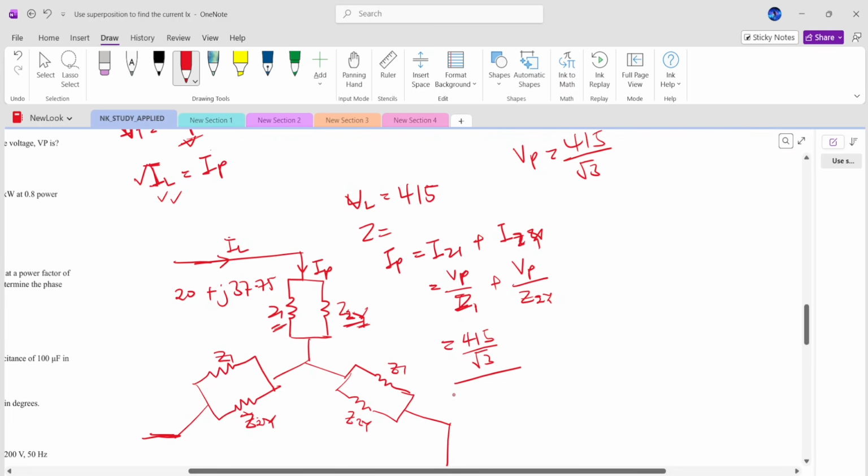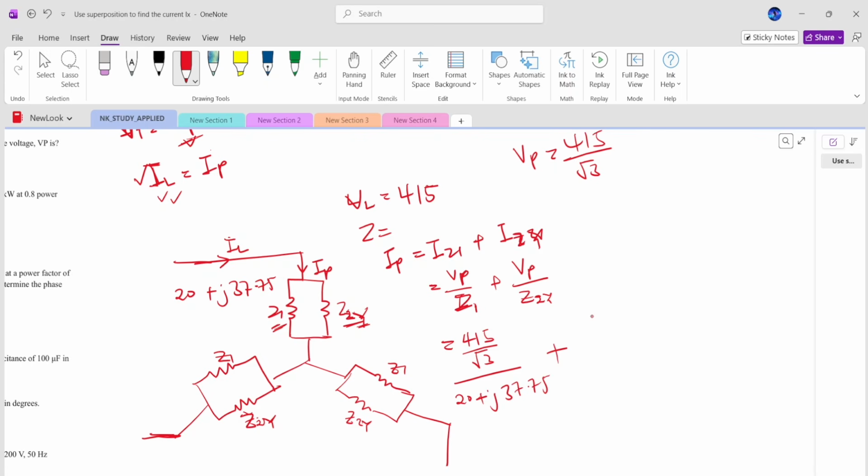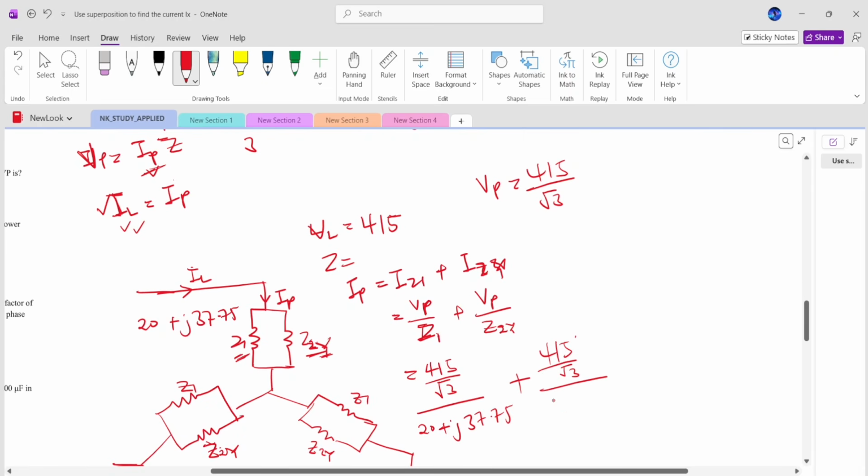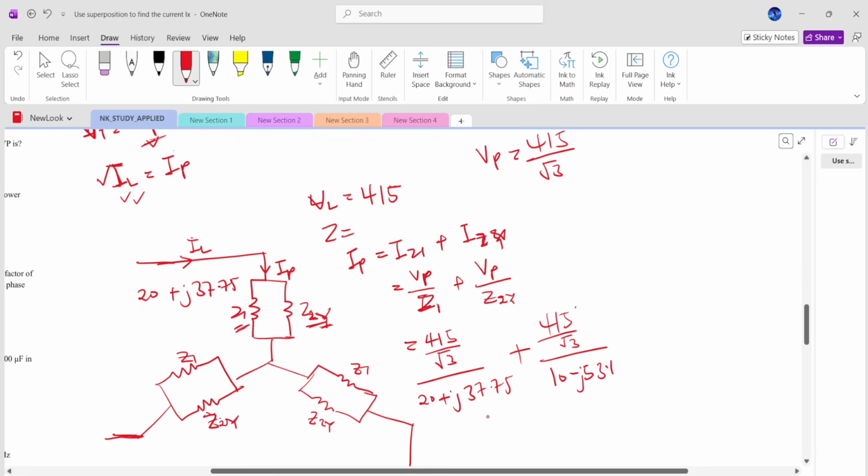Z1 is 20 plus j37.75. This plus 415 over root 3 divided by Z2 star. We found it at the top here: 10 minus j53.1. And this will give me a value of